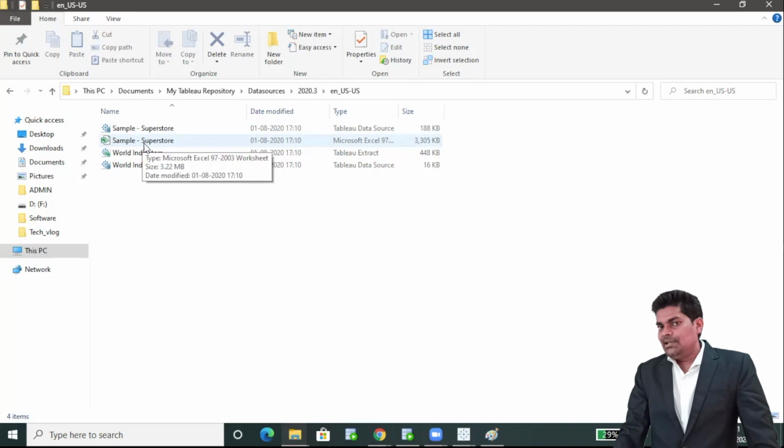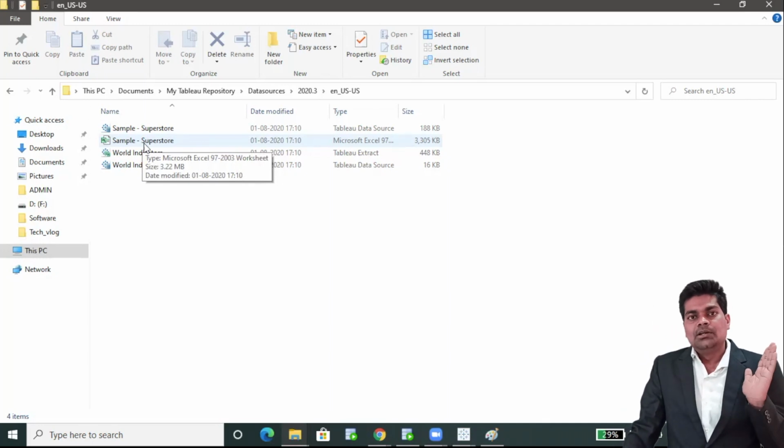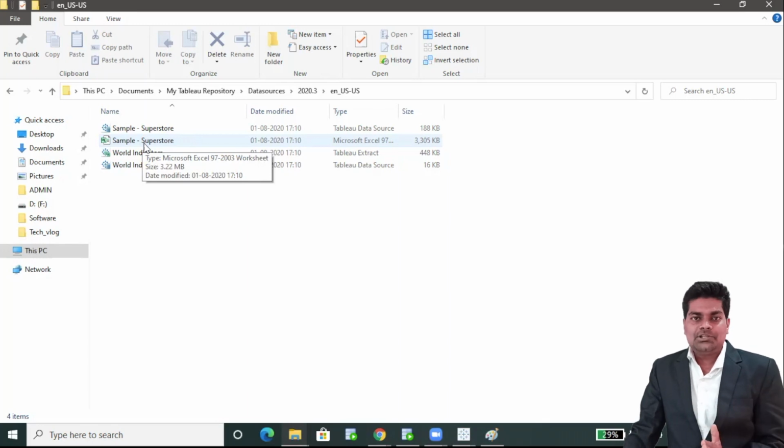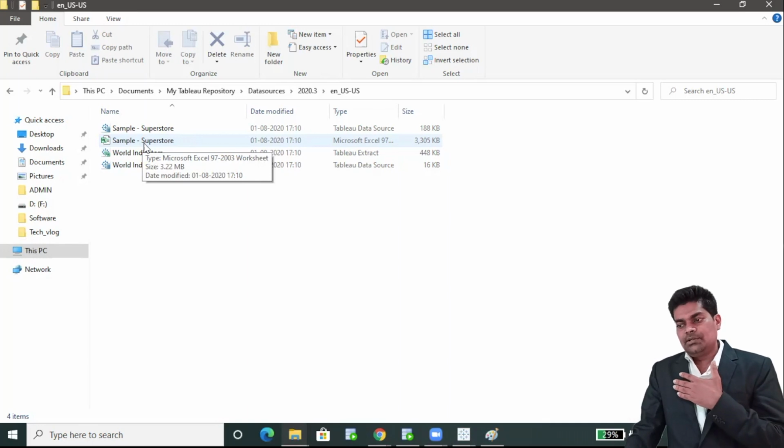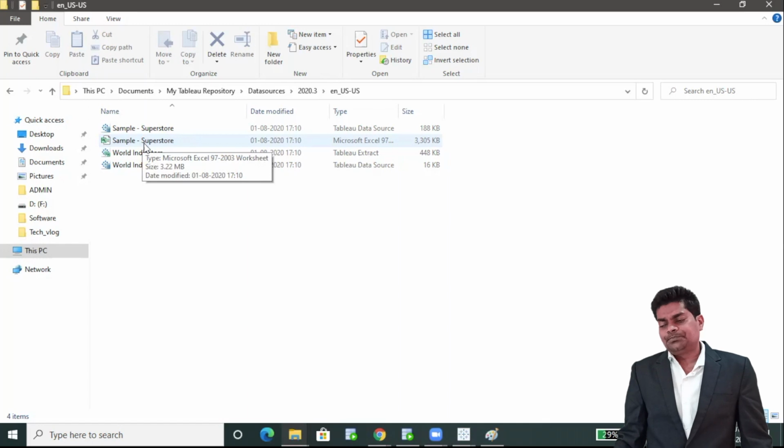But friends, we never use Microsoft Excel as a data source in production or in organizations, because of the basic purpose of using reporting tools like Microsoft Power BI, Tableau, QlikView, OBIEE, Sisense, there are so many hundreds of reporting tools. Why are we using these reporting tools?